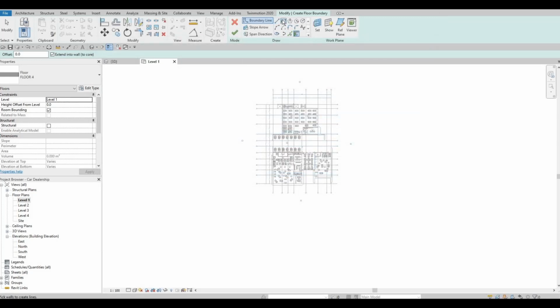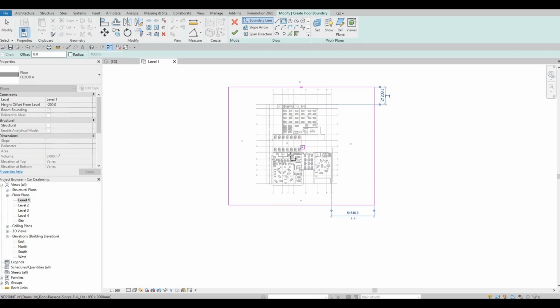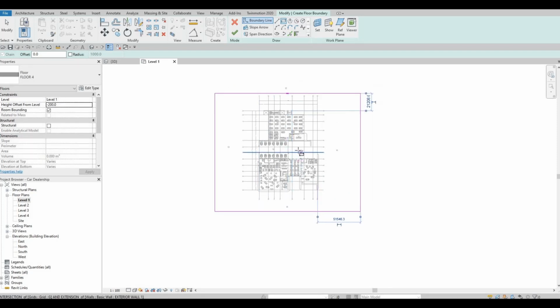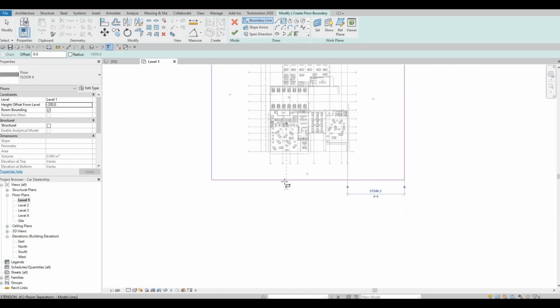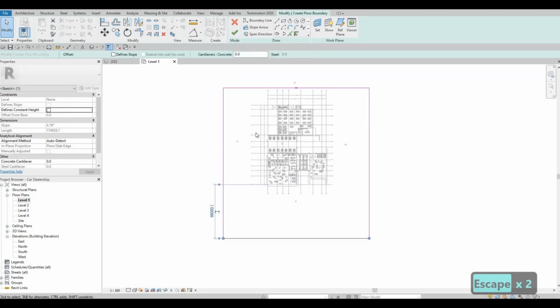And then I'm gonna use my rectangle, but we're going to offset this to negative 200, because we just want it to be below all of this in level 1, so it's not overlapping. Negative 200 because the thickness of our floors right here are 200,